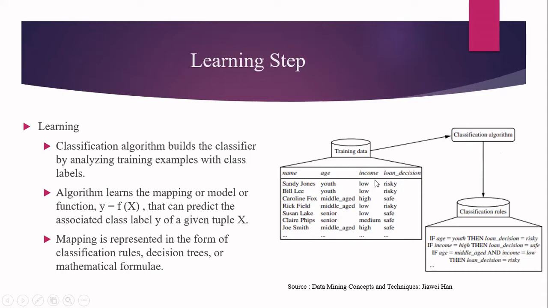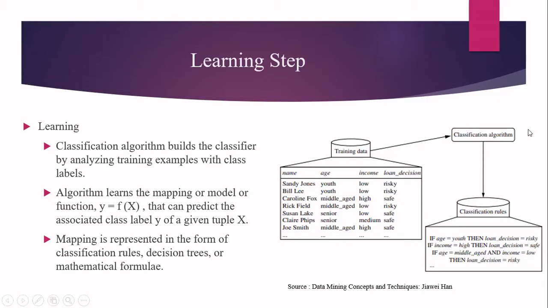A very important thing is that the training data should also have the decision labels. So here the loan decision is the target you want to predict. This is a decision label. So this is supervised learning. The training data must be labeled data. So you're going to give this as input to this particular algorithm.